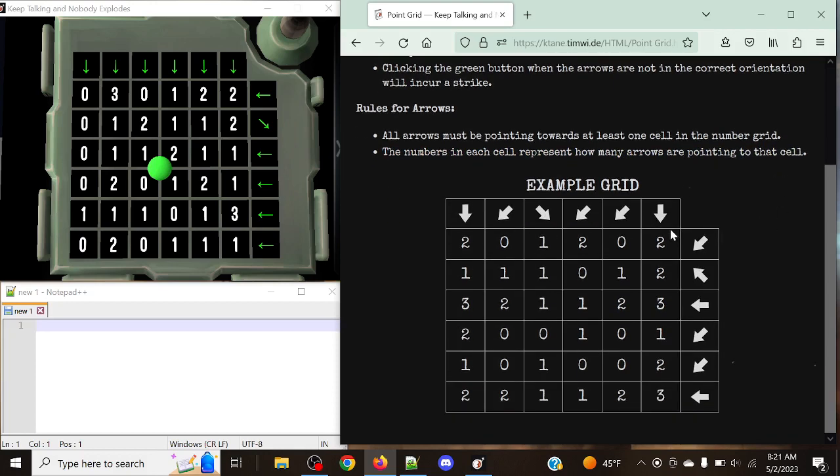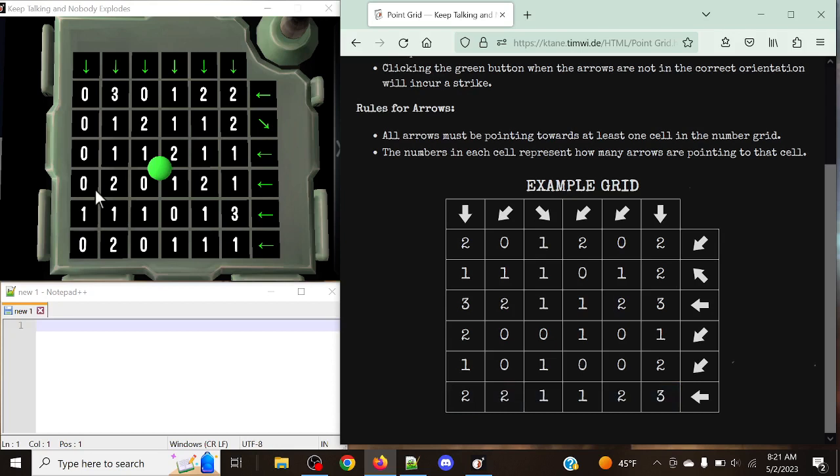So as I mentioned beforehand, it gives you an example grid to actually figure out how it works. But essentially, the way that the arrow works is it travels through every single thing that it comes along here. So say we take this arrow, for example, it's going to continue traveling down right until it reaches the end of the grid. So in this case, this is what it's going to do. If we move down, it's going to hit all 6 of these in a row, in the column rather. If it moves left, it's going to hit all of that in the same row, and so on and so forth. So essentially, we're going to use these numbers here, and we're going to determine which way our arrows are